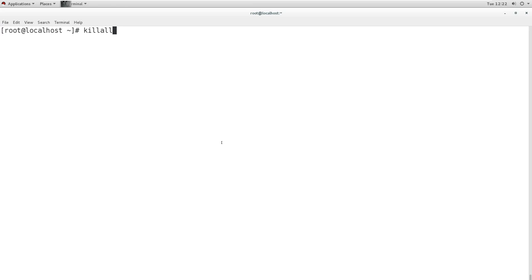That means if I have multiple processes running in a background or running there, and I want to kill multiple processes together, then I can use this killall command. Kill command will kill only one process at a time, and if I want to kill multiple processes, then I can use this killall command. So killall command, and then I can use the pattern. Like I want to kill, so I will use signal 9, signal terminate, and then I will use the command pattern.